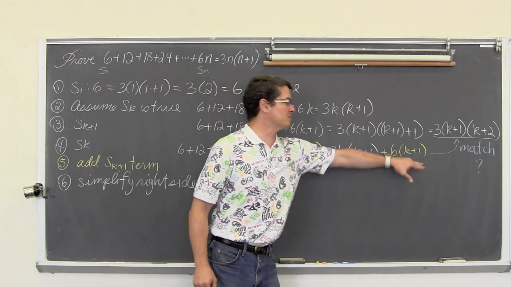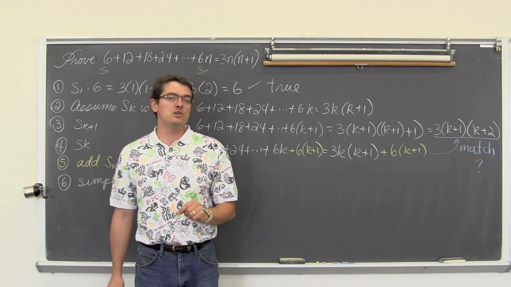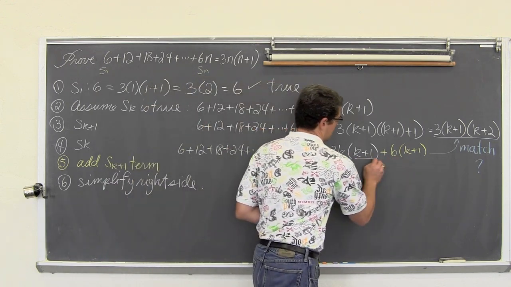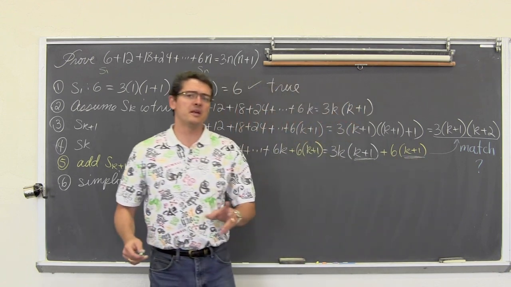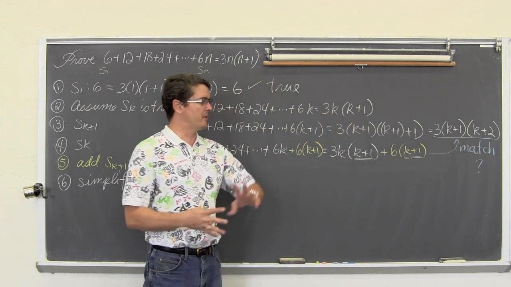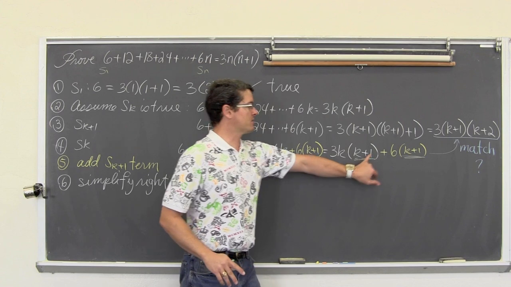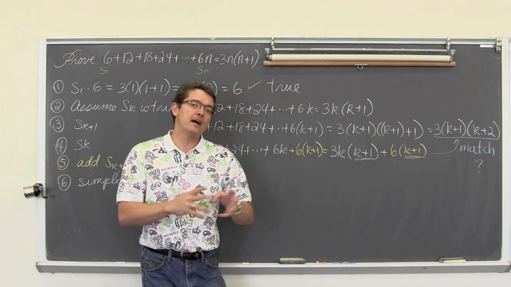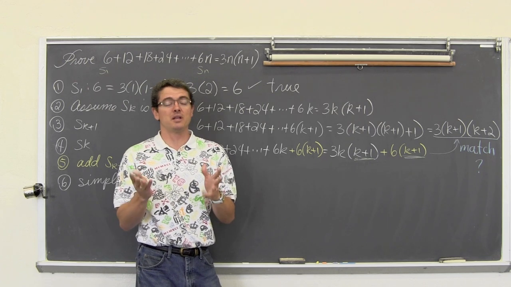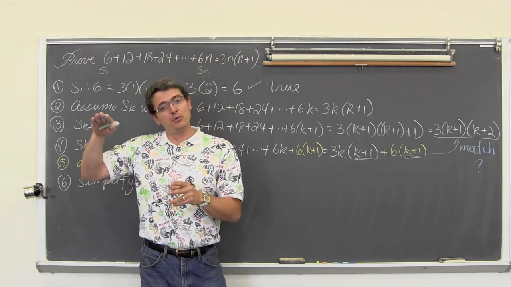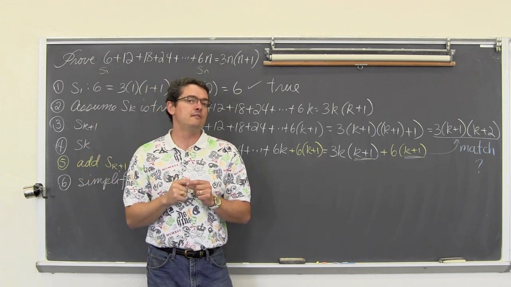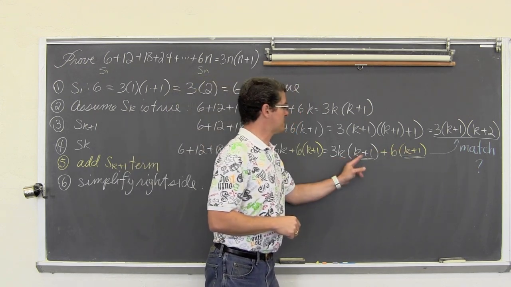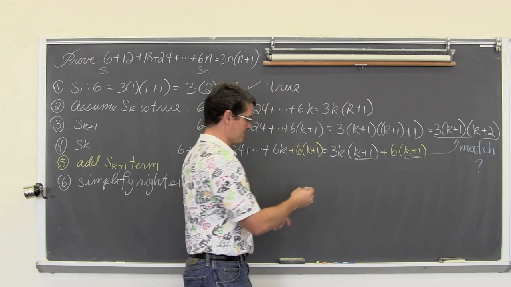I have two terms in the right side of this equation, and those two terms both have a common factor of k plus 1. So to speed things up a little bit, I'm going to take the common factor that's in each of these two terms, the k plus 1 factor, and factor it out, kind of like 2x plus 10 equals 2 times x plus 5, where I divided 2 out of both of those terms. So I'm going to take this k plus 1 and pull it out of each of the terms.